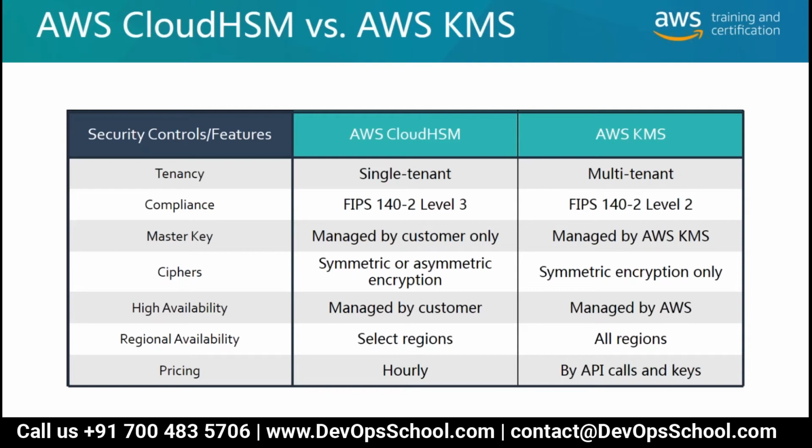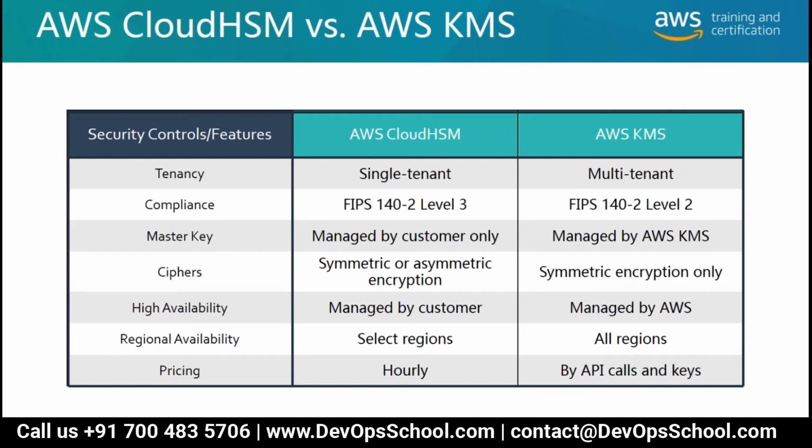Next, ciphers. A cipher is your key, using which you decrypt or encrypt. The cipher can be symmetric or asymmetric based on your choice. Symmetric means one key for both encryption and decryption, the same key. Whereas asymmetric encryption requires two keys, similar to what you do in Git. If you have used Git, you have a public key and a private key, right? That combination is called asymmetric encryption. In KMS, you only have symmetric encryption. You don't have the asymmetric option.